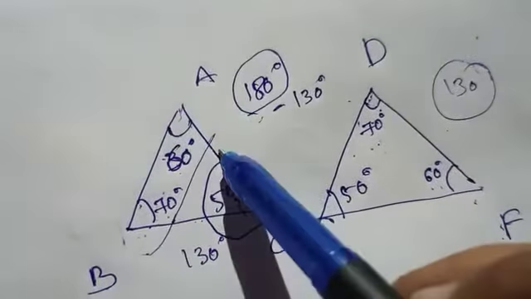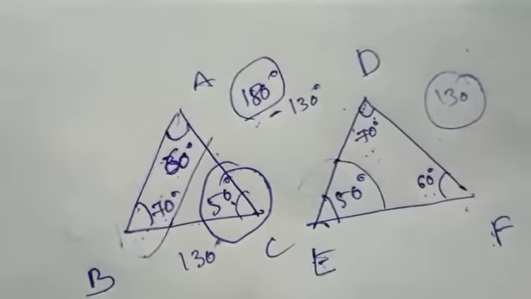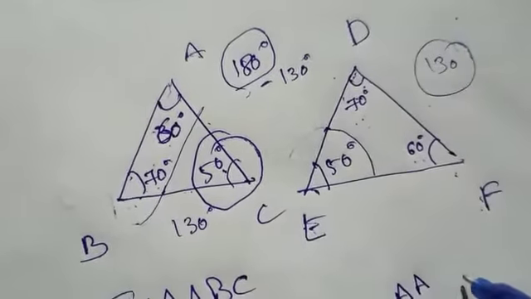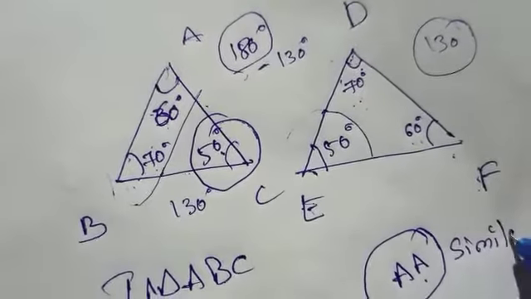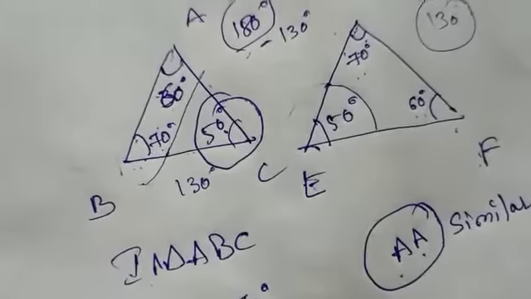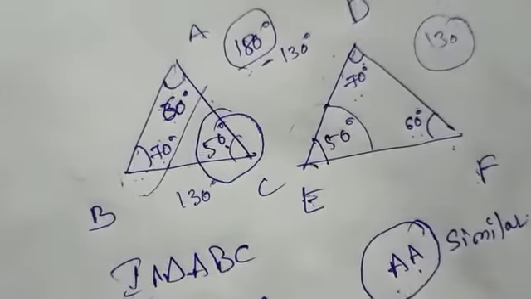So the corresponding third angle is also equal, based on the AA angle similarity criteria. Triangle ABC is similar to triangle